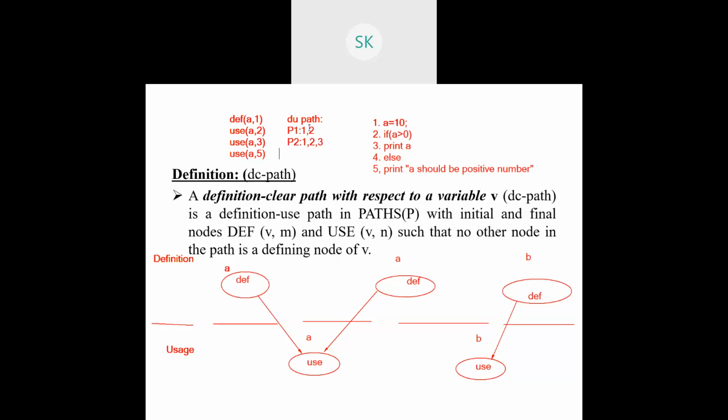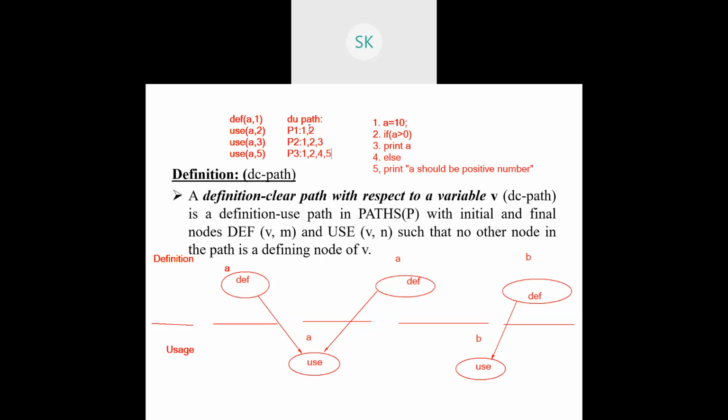The next one, one more path is left out, right? So P3. Here it is a Cartesian product, so that's why 3, 1 comma 2. If the second statement is false, it needs to execute the fourth statement followed by the fifth statement. This is nothing but the DU path 1, 2, 3 with respect to the given snippet.